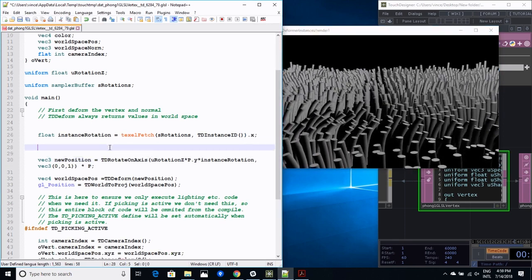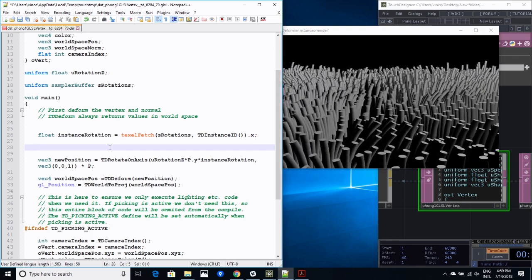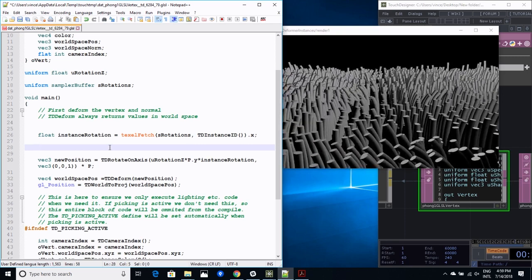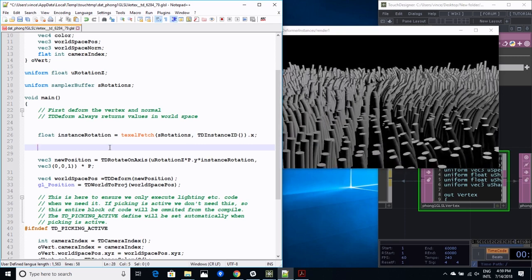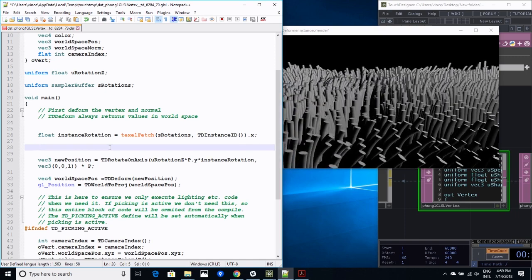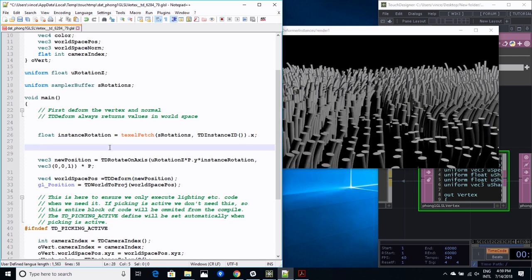And another question: the output of TD rotation on the axis is a vector 3? It's a matrix. It's a matrix 3. Matrix 3, right? Yeah. And so the first ones, 1 through 3, are being multiplied times 1 through 3 of P? Yeah, if you've never done matrix math,